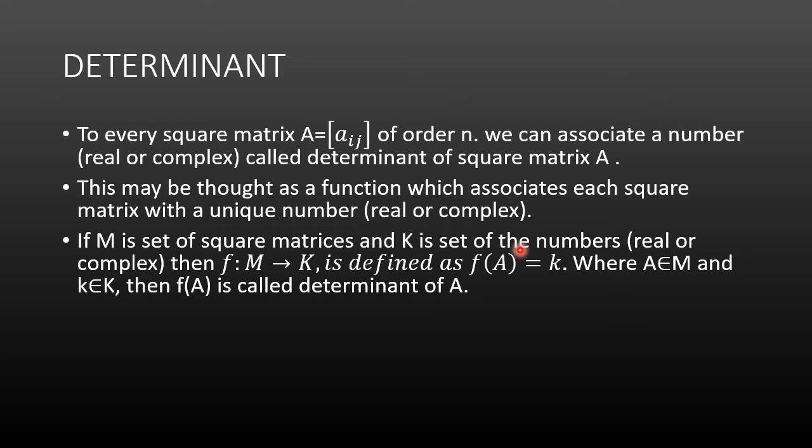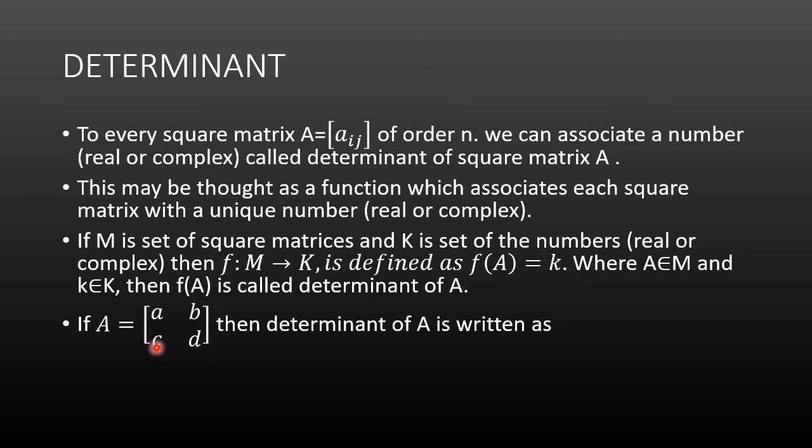But actually what it is, we have to see that also. So let me see what it is. Suppose it is a 2 by 2 matrix. We know that this A, B, C, D is a 2 by 2 matrix. Now when you are going to write the determinant, its determinant can be written as determinant of A is equal to, in the symbol of determinant, A, B, C, D, and read as determinant of A. So students, keep in mind this is the symbol of the determinant. So don't read it as determinant or modulus of A. You should read it as determinant of A.